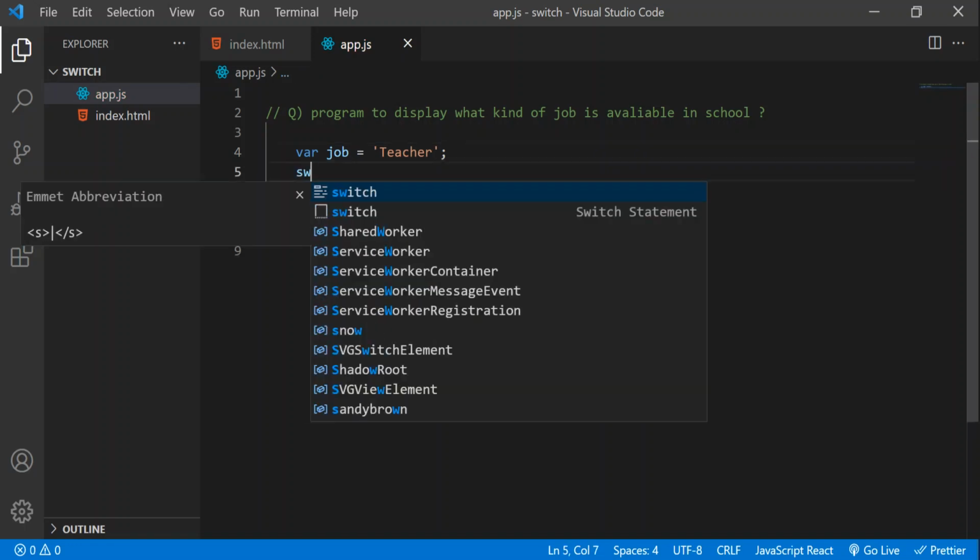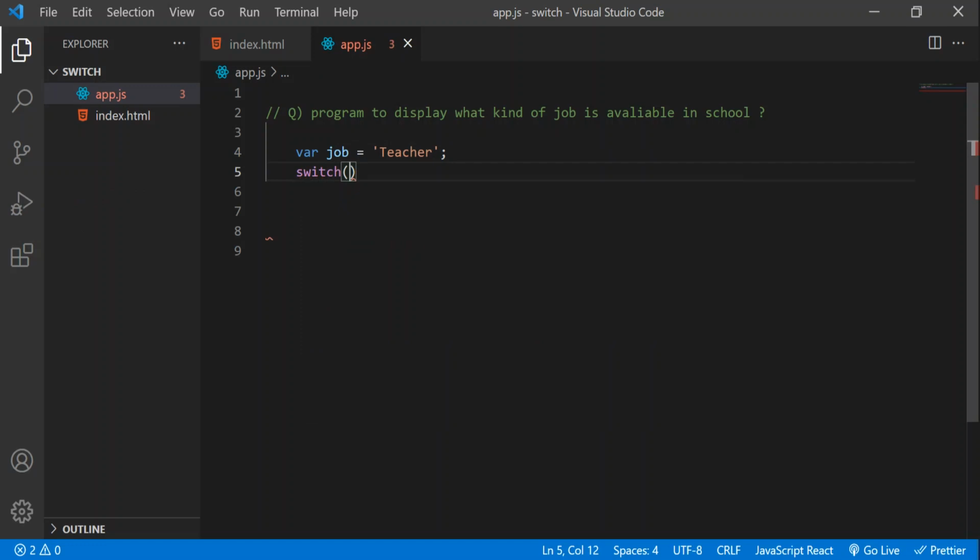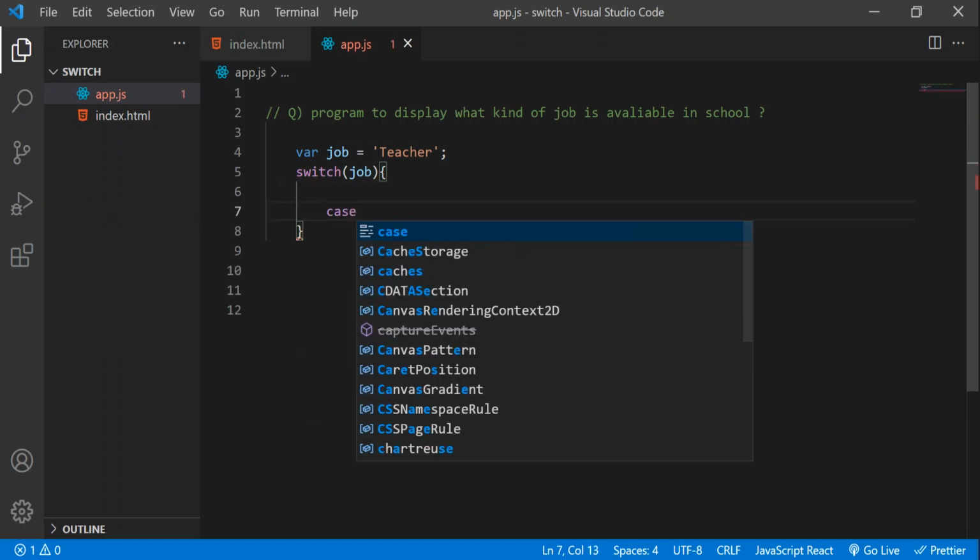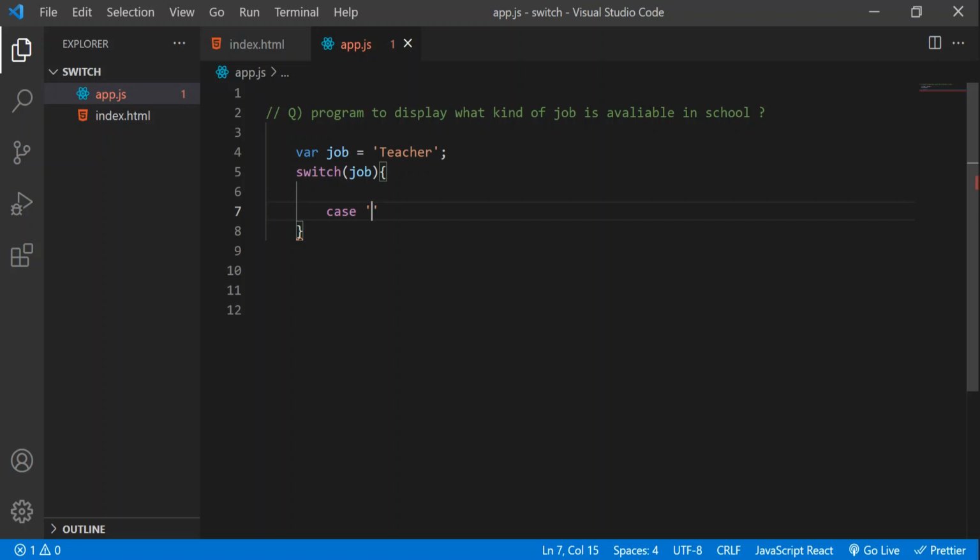So here we have to take the switch statement, and let's pass the variable job. This is the expression now, and open the curly brackets. Let's write the cases here. Write case, and give some space. This case is also a predefined word, which is used to match the value with the expression. Whatever the job is, it will compare that job with this value. Here I am passing in charge, let's say in charge. And here we need a colon, which is mandatory, and after that let's write our statement.